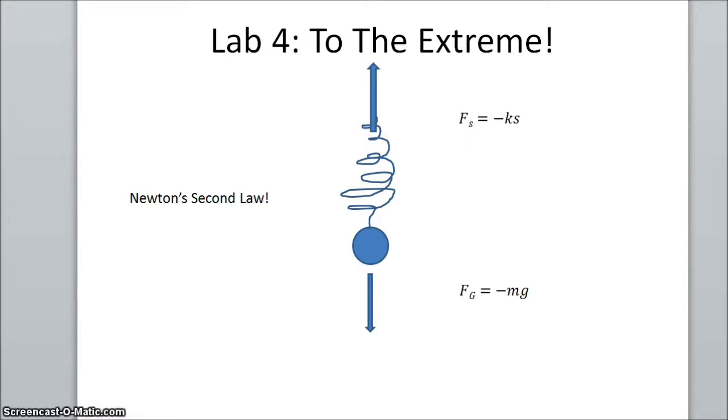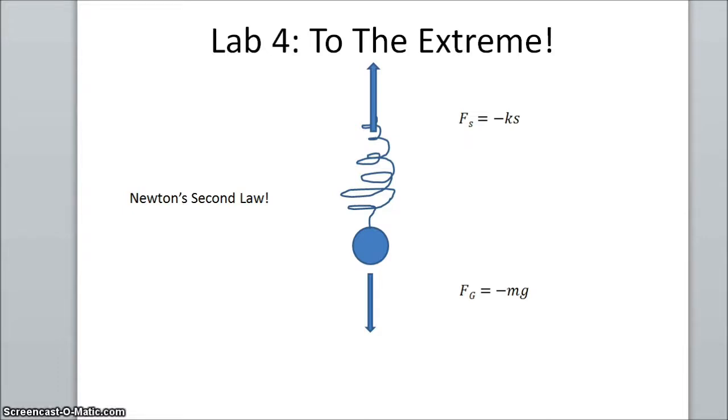Therefore, with some algebraic manipulation, we can determine that the change in velocity over time is equal to the net forces on the system over the mass. In this instance, we have two forces: the spring force, which is equal to the opposite of the spring constant times the stretch of the spring, and the gravitational force, which is equal to the opposite of the mass times